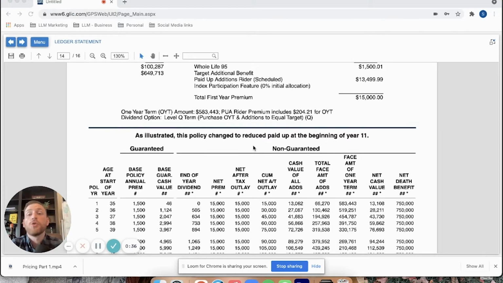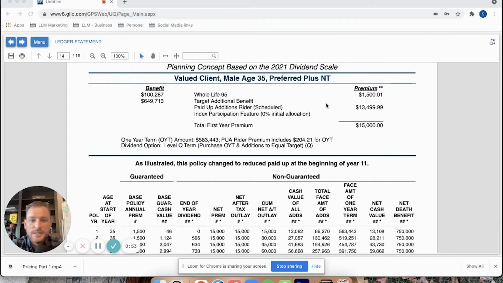And it's going to show you the growth on the policy, being that these amounts are guaranteed in the interest that is paid to the policyholder. So it gives you a projection of what's possible. And it's a great way of being able to look at what the best design is based on a person's scenario. So in this case, what I did is I picked a fictitious number out of the air. I just chose a 35-year-old male. And I told the system that they wanted the ability to put in up to $15,000 per year.